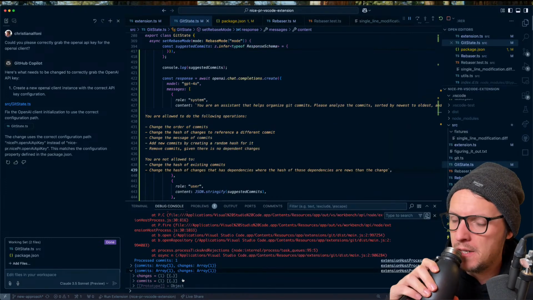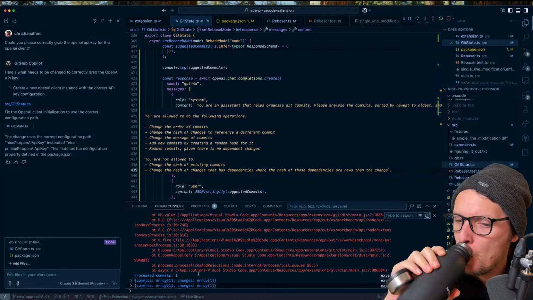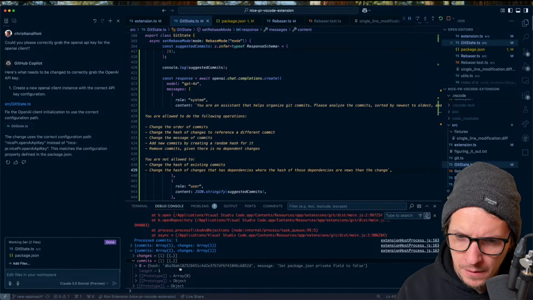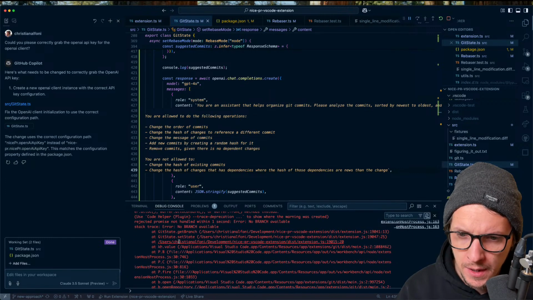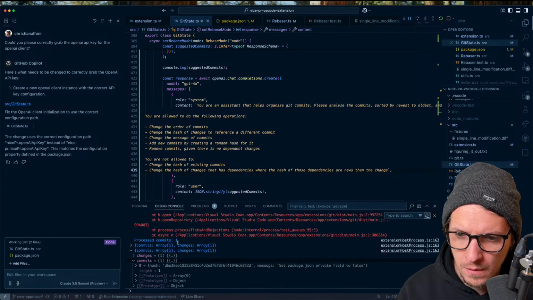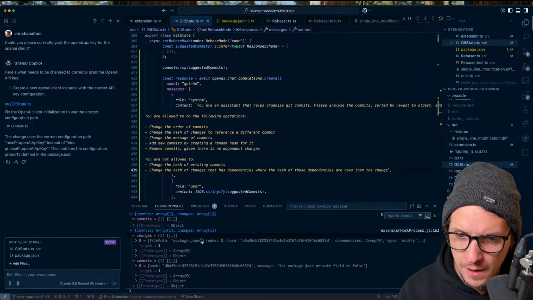Oh yeah, it's actually quite slow on the first request because of the schema. Yeah, now it seemed to keep the hash 6852D. Yeah, nice. Set package JSON private field to false. That's nice. And then